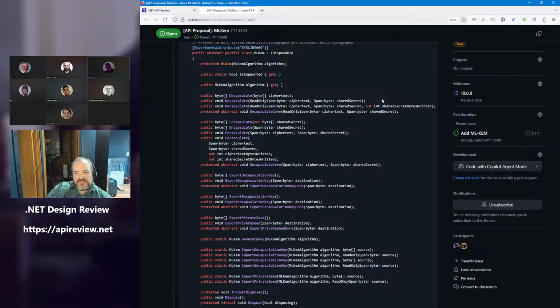They return ints of how much was written, and some of the feedback that I got on those was SHA-256 always writes 32 bytes, yet you return an int. People feel uncomfortable discarding it, but on the other hand, it is never going to return anything other than the